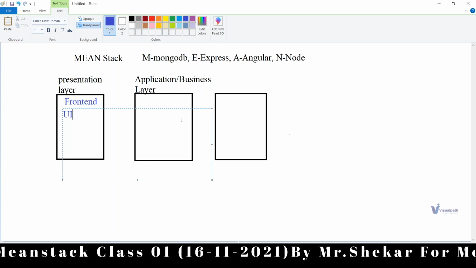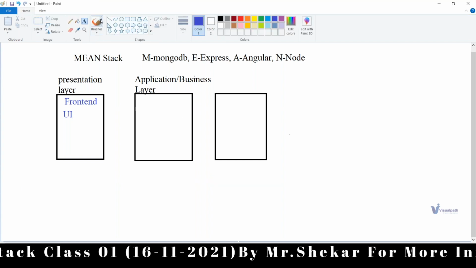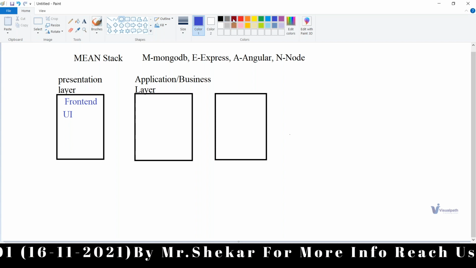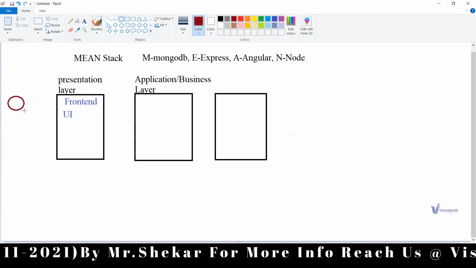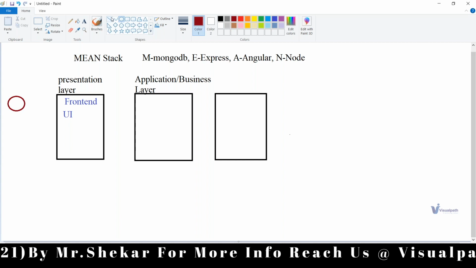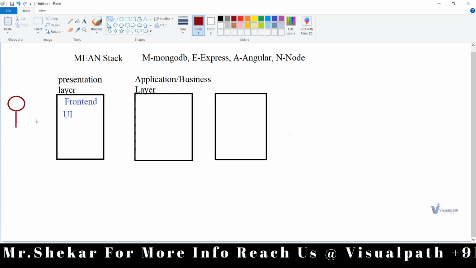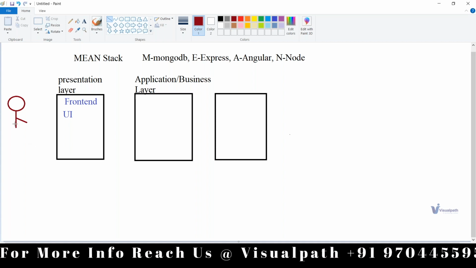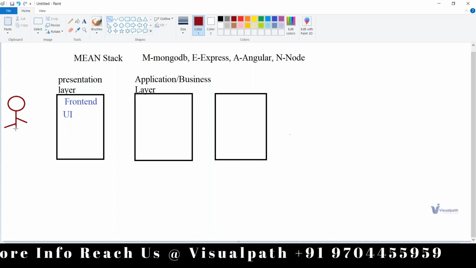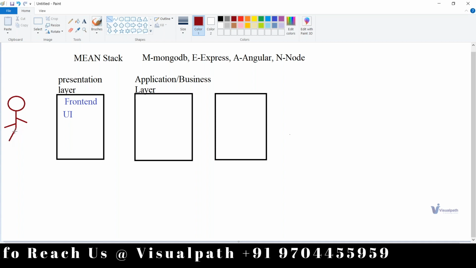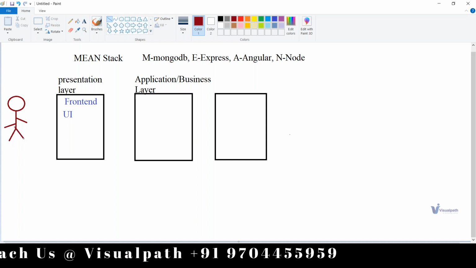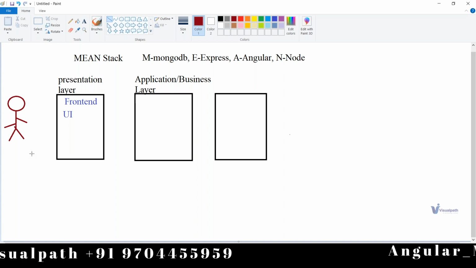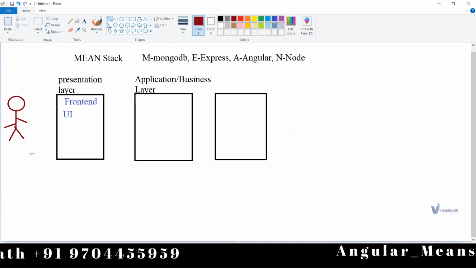Why? Because whenever any user connects to our application, that user will be opening our application by typing some IP address or some domain name in Google, or in any browser. You can type that particular address and connect to our application.